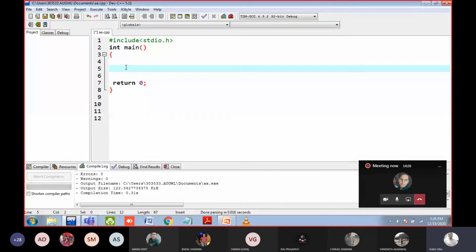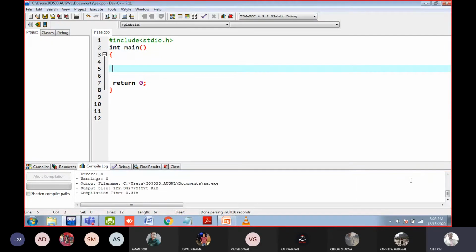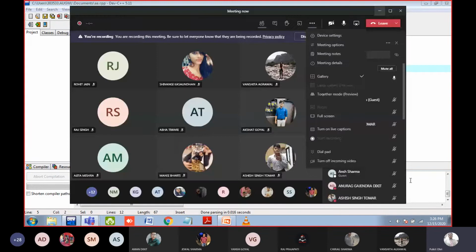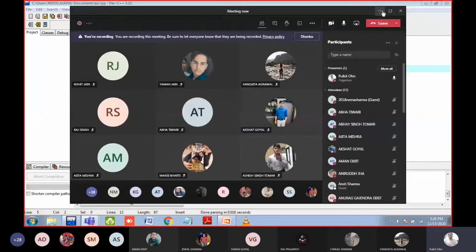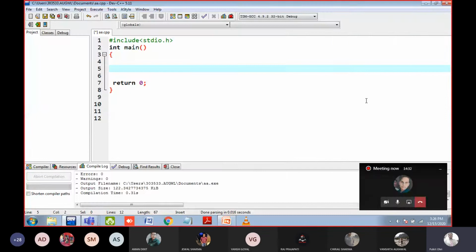Okay, so two steps are there if you want to create an array. One is called declaration, second is called definition, like we are creating the variable. Okay, so we want to store the first 5 even numbers in an array.